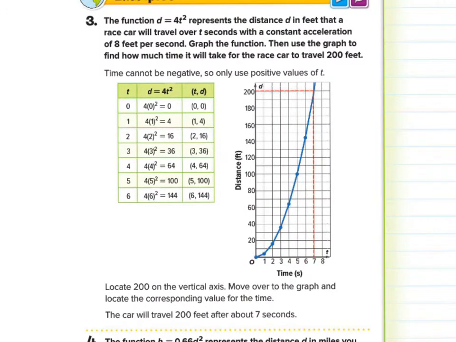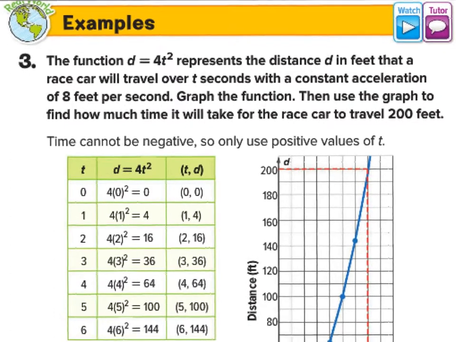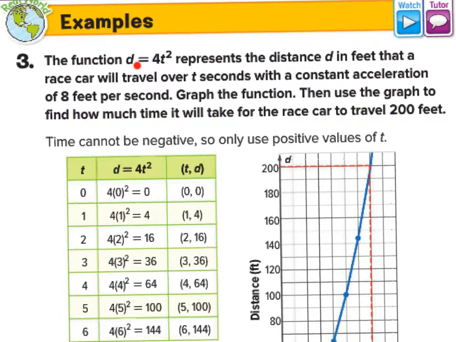Example 3. Let's read it. The function d equals 4t squared represents the distance in d, right? So that's the distance, the outcome, in feet that a race car will travel over t seconds with a constant acceleration of 8 feet per second. Graph the function,